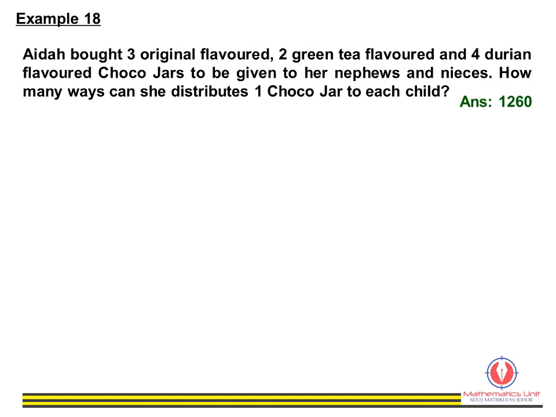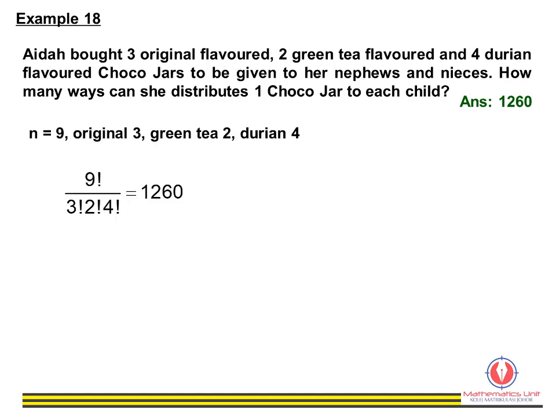Proceed to example 18. Ida bought 3 original flavored, 2 green tea flavored, and 4 durian flavored choco jars to be given to her nephews and nieces. How many ways can she distribute 1 choco jar to each child? Solution for example 18. The number of choco jars is 9. So, n is equal to 9. There are 3 original flavor, 2 green tea flavor, and 4 durian flavor. So, the permutations of 9 choco jars with 3 different flavors will be 9 factorial divided by 3 factorial times 2 factorial times 4 factorial, equal to